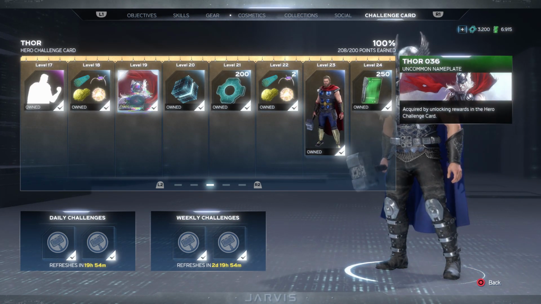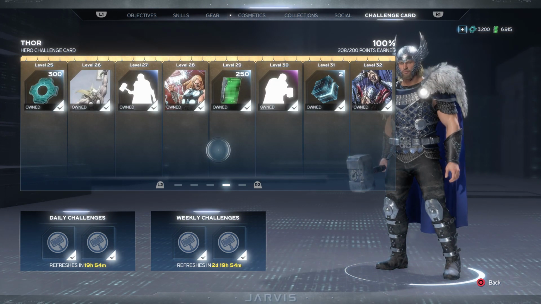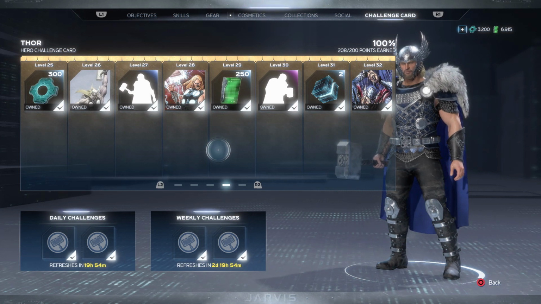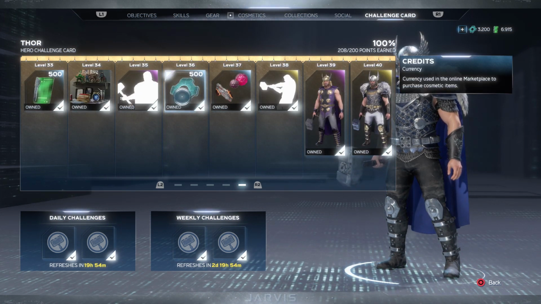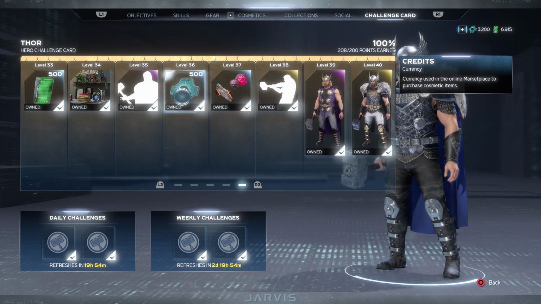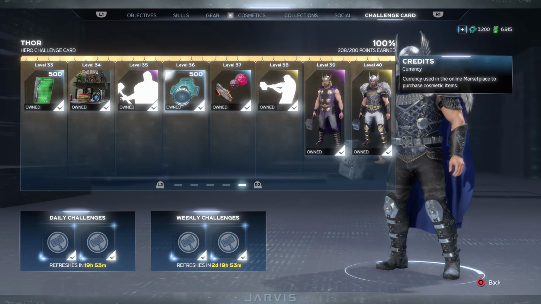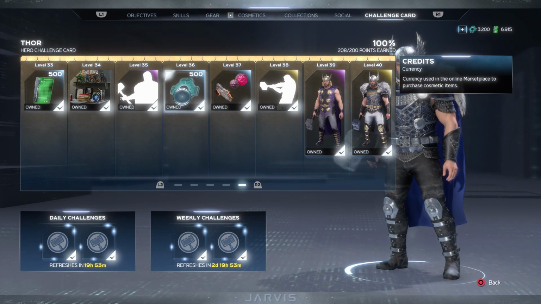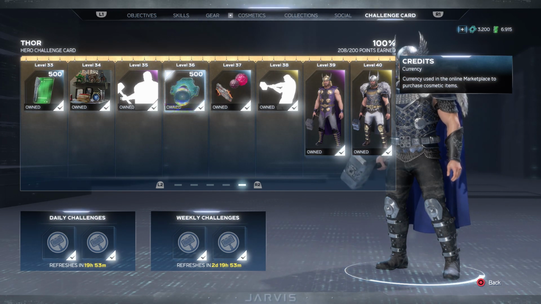And then you get some other cool ones. This is the one I currently have equipped right now because I think it's the coolest. But again, they're really not the prize that you get for completing a challenge card. The prize you get for completing a challenge card are 1,300 credits. You can get 1,300 credits for completing each Heroes Challenge Pass. And that means that you can get a total of 7,800 if you complete the entire thing,